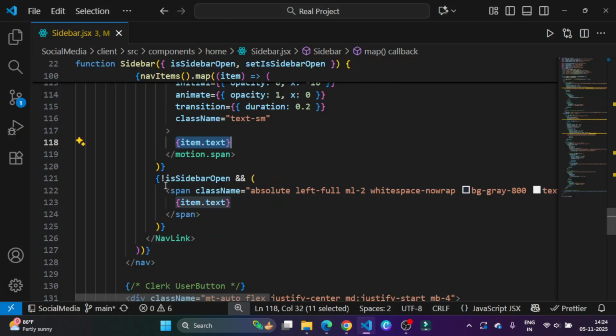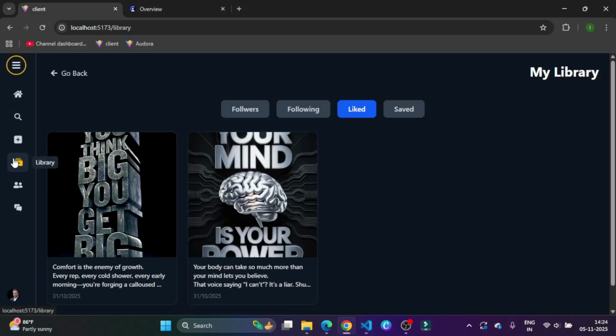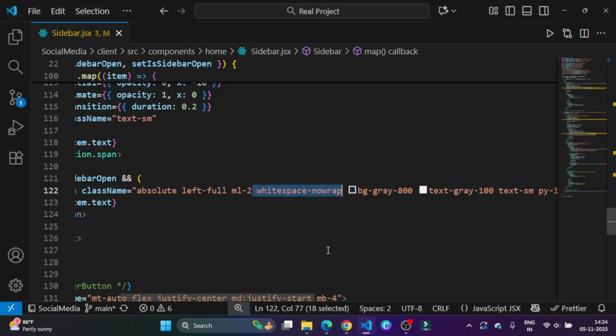So yeah, if the sidebar is not open and you click on it, you can see this tooltip. That's why we use absolute, left full, margin left 2, and white space narrow. We did white space narrow because we want to show it in one line, right? So yeah,